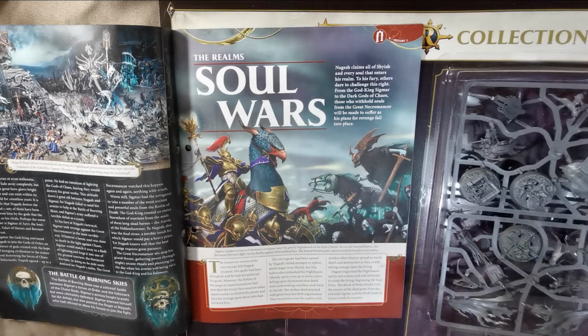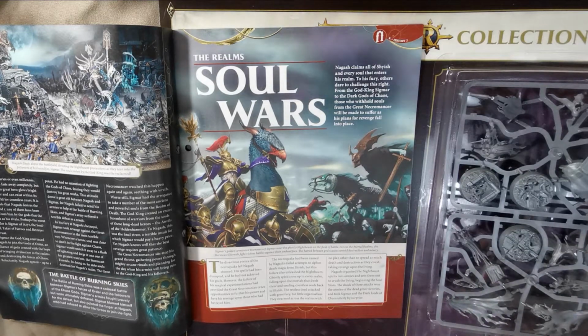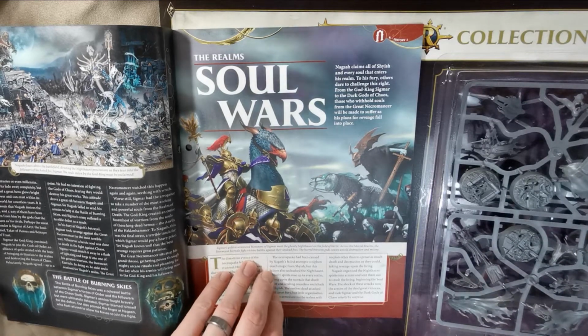So after the devastation of the Necroquake, the dead just started rising everywhere, ghosts just drifting around, causing mayhem and destruction, and Nagash sort of brought them all in and made them into a force to be reckoned with. And of course this forced Sigmar to unleash a new chamber, and this chamber was dedicated to magical arts and the dealing of the dead. So they're perfect for combating hordes of